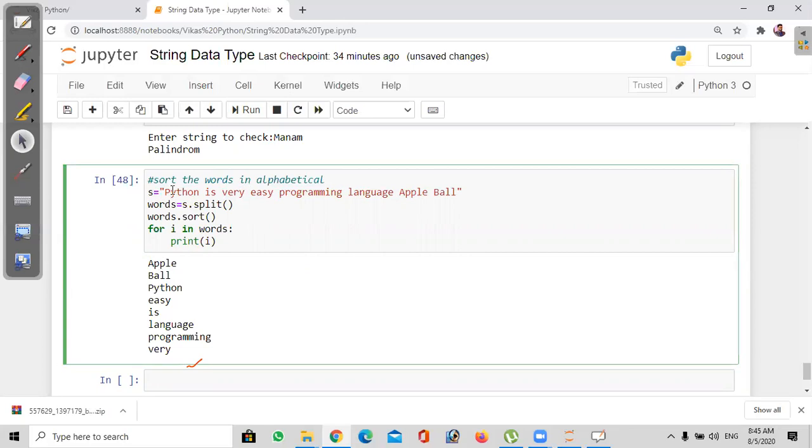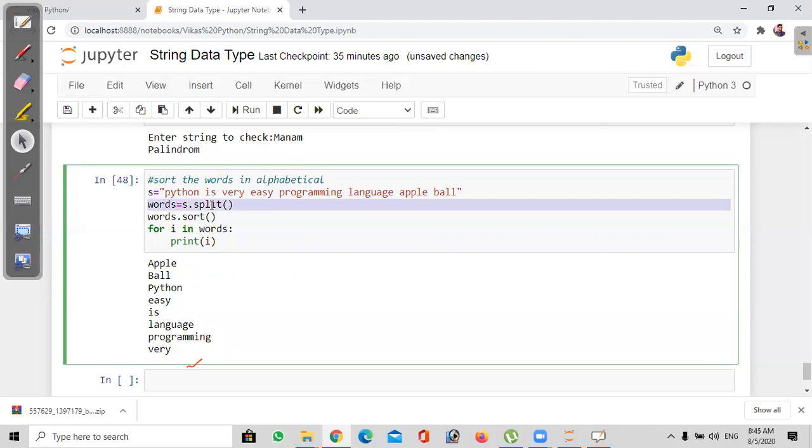See here. Now, rather than using a for statement, can we directly use print of s? If I use print of s directly, it will print the string directly. No, you have to split that one because it takes that as a string. You have to split that into words because we are trying to convert that to words. A string should be converted to words with the help of the split function.